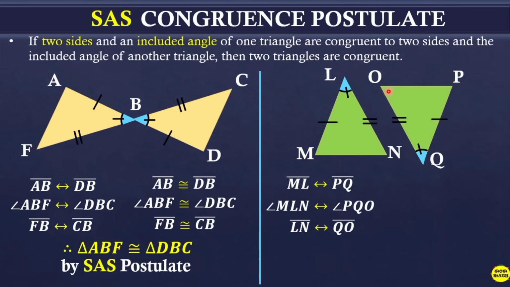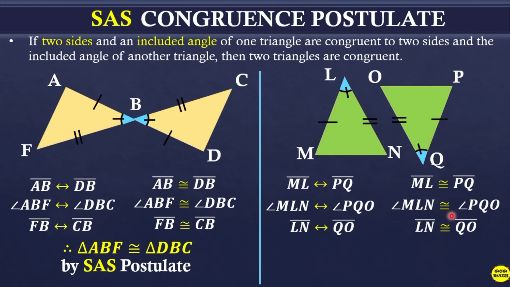Okay. And then LN corresponds to QO. Now, since we have the corresponding sides and angles, therefore, we can say that ML is congruent to PQ, angle MLN is congruent to angle PQO, and LN is congruent to QO. So, from this given set of congruent parts of the triangles, we can say that triangle MLN is congruent to